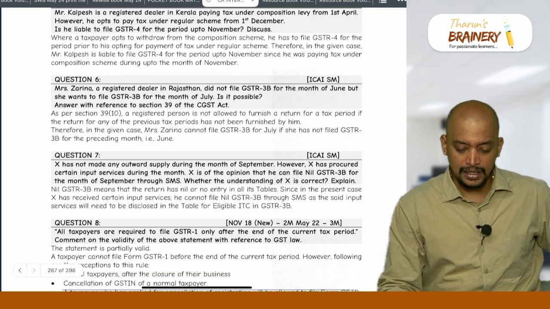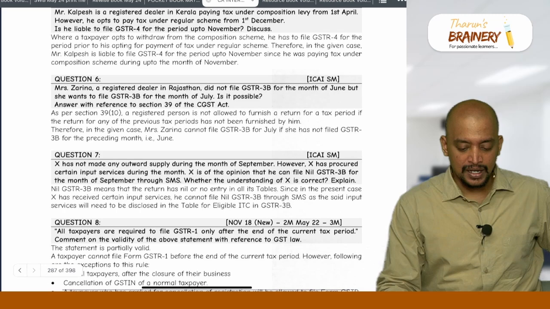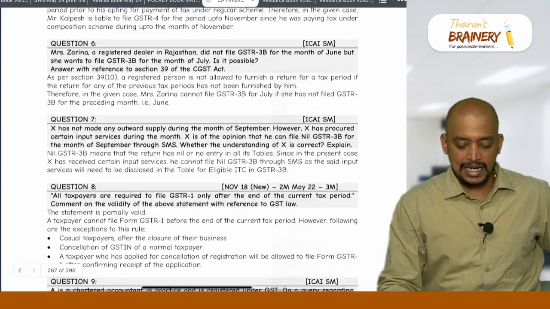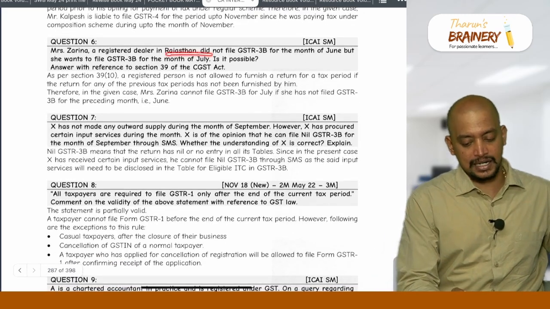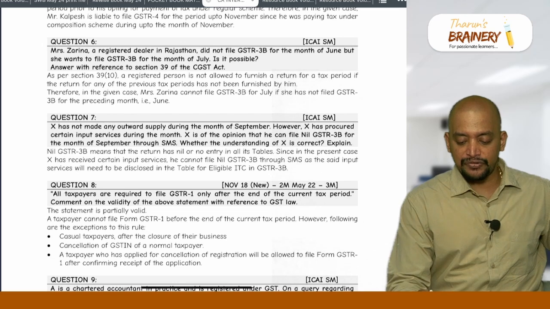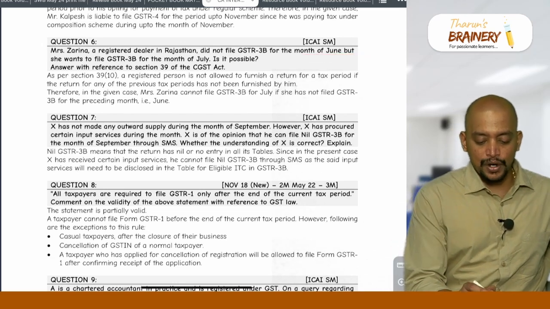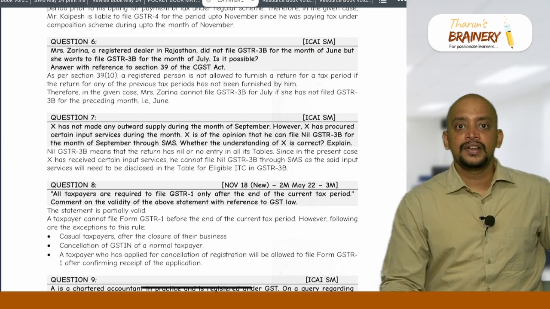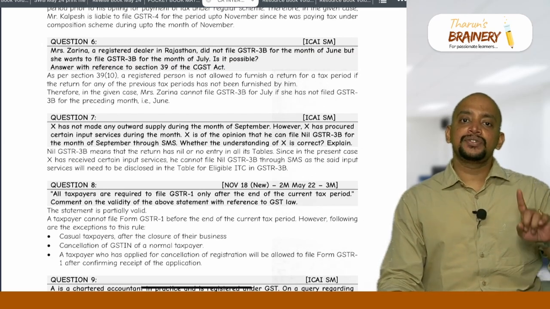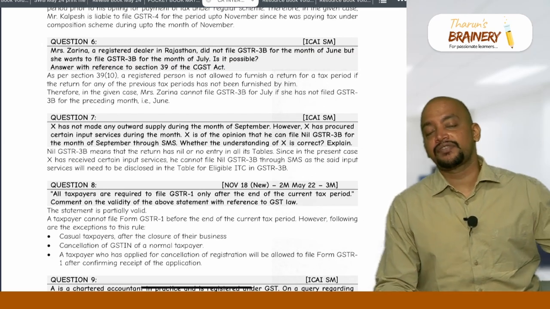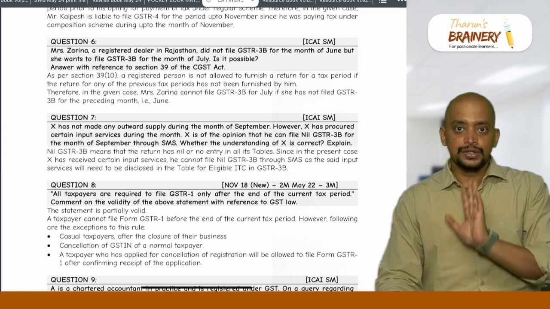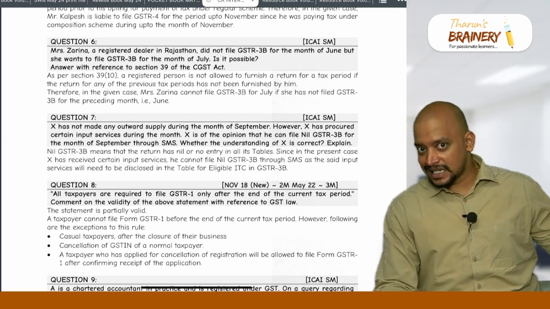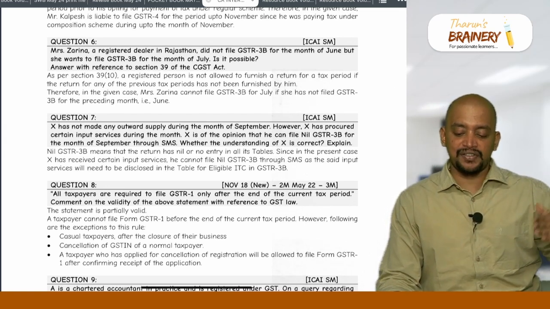Then next, okay. Mrs. Zarina, a registered dealer in Rajasthan, did not file 3B for the month of June, but she wants to file 3B for the month of July. Is it possible? No. Without filing the return of the previous month, we cannot file the return of the current month. So she has to file the GSTR 3B of the previous month, then only she can file the 3B